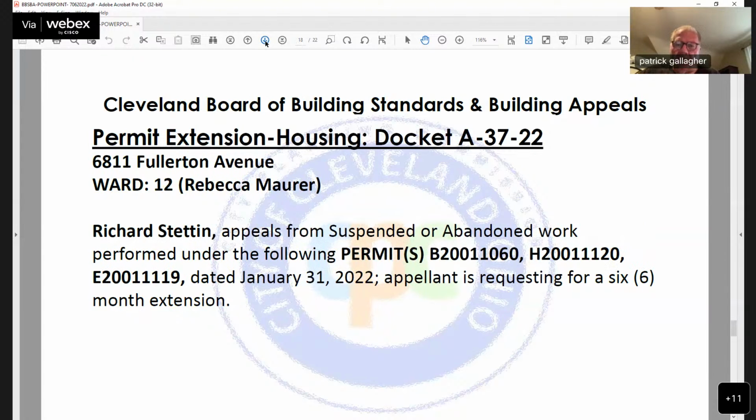Next docket, 83722, another permit extension, 6811 Fullerton Avenue. Application and fees are in order. This is an appeal to request to maintain the opening of the permits from suspended or abandoned work. The permits are as follows: